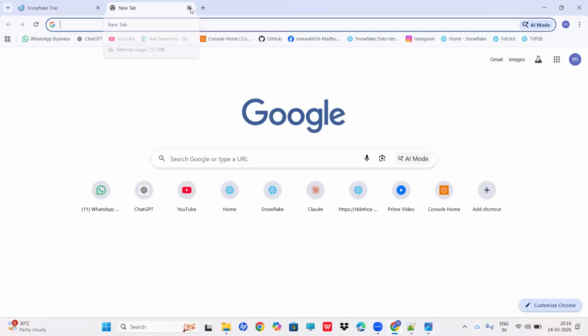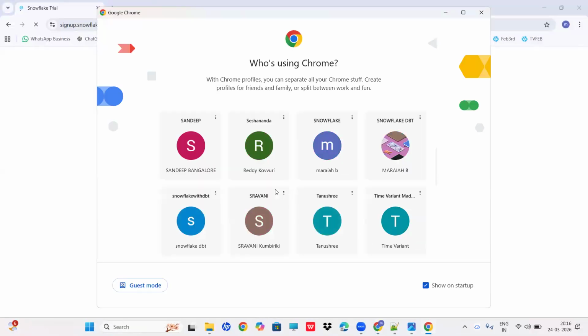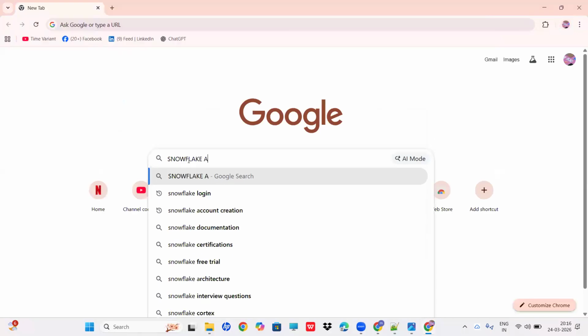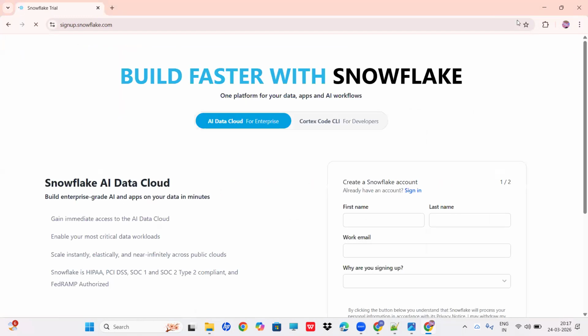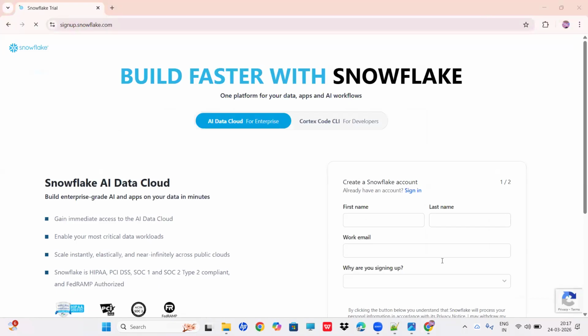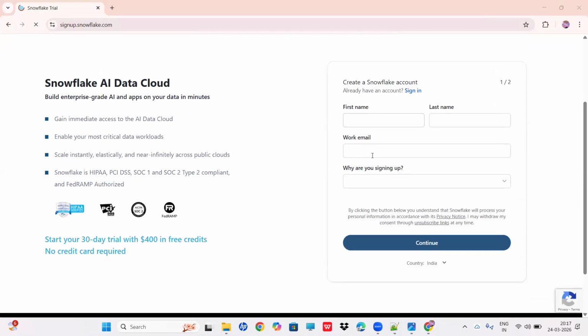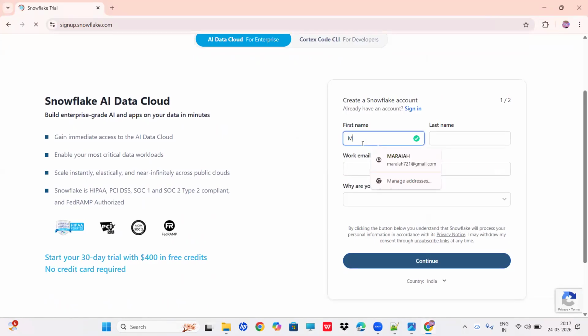Taking time. Can use this one. Still loading. So here we need to provide first name, I'm providing Mari, last name I'm providing Madhu, and